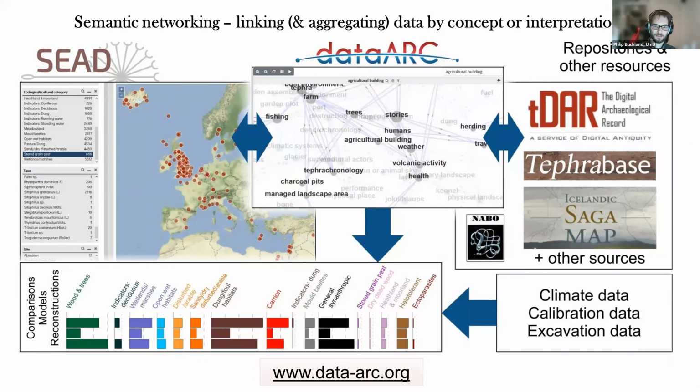So for the biodiversity links there, Cytophilus granarius is linked to Cytophilus granarius from the fossil data to the modern data. It's the species data being linked. But in a project called Data Arc, what we played around with was linking things like stored grain pests to archaeological databases, to saga databases, and to tephrochronology databases, and to historical records and things like that. So we're linking the meaning and building a semantic network out of it. And that leads to the potential for very different ways of understanding the data and working interdisciplinary.